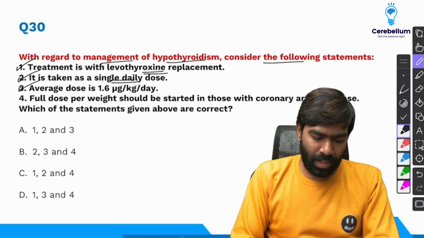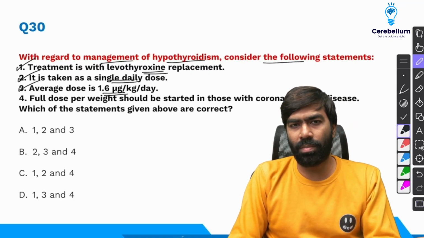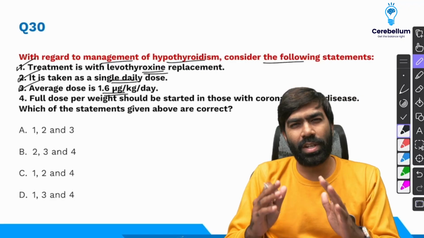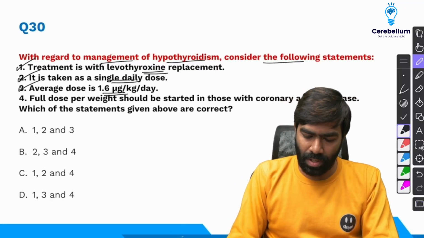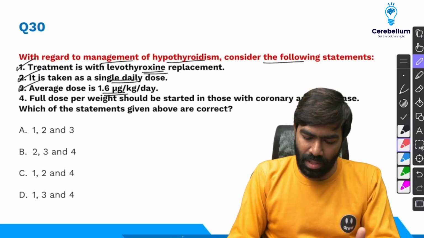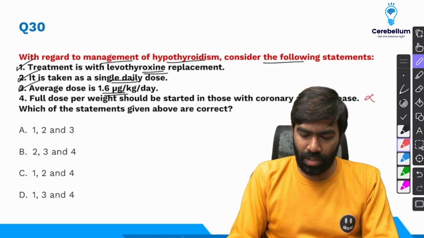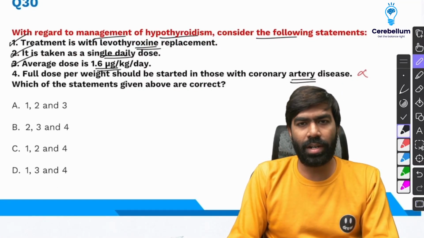Average dose is approximately 1.6 microgram per kilogram per day, which is also correct. So in a 60 to 70 kilogram person, the average replacement dose will be 100 micrograms per day. Full dose per weight should be started in those with coronary artery disease. Very, very wrong statement. In patients with ischemic heart disease and coronary artery disease, you have to start at a